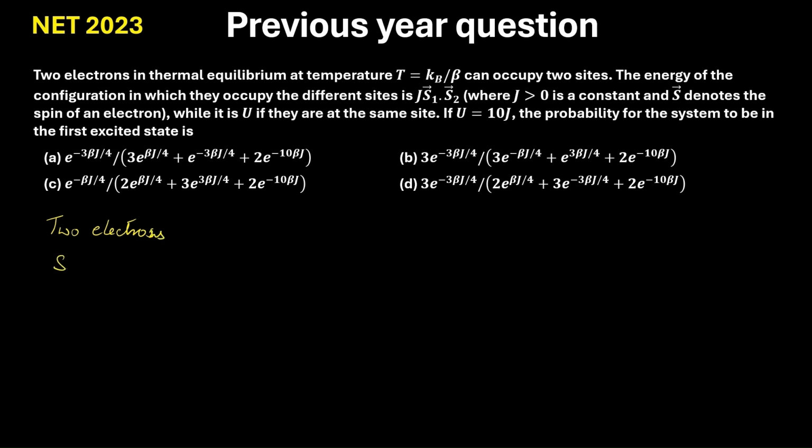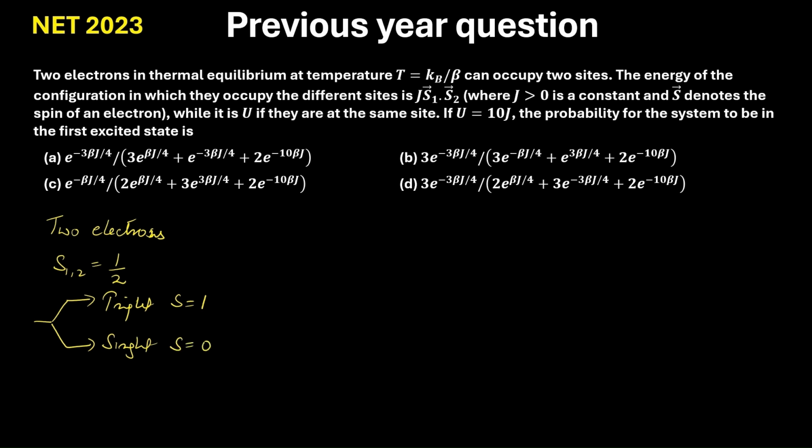So S1 and S2 can have half. So we already know from quantum mechanics that this can lead to two types of states. One is the triplet, where S, the net spin angular momentum, will be 1, and the other is the singlet, where it will be